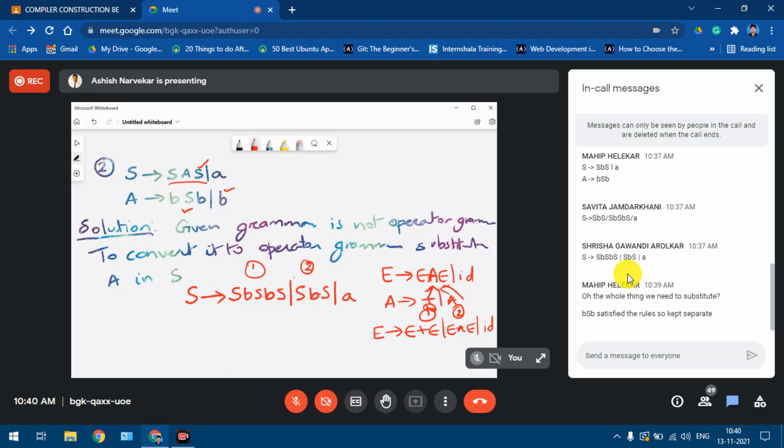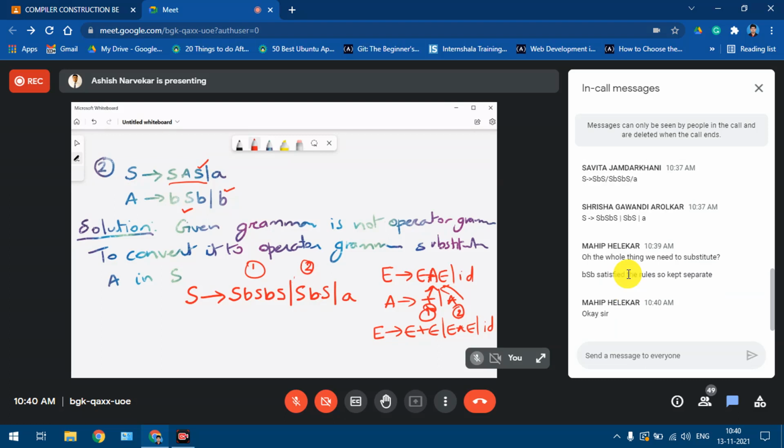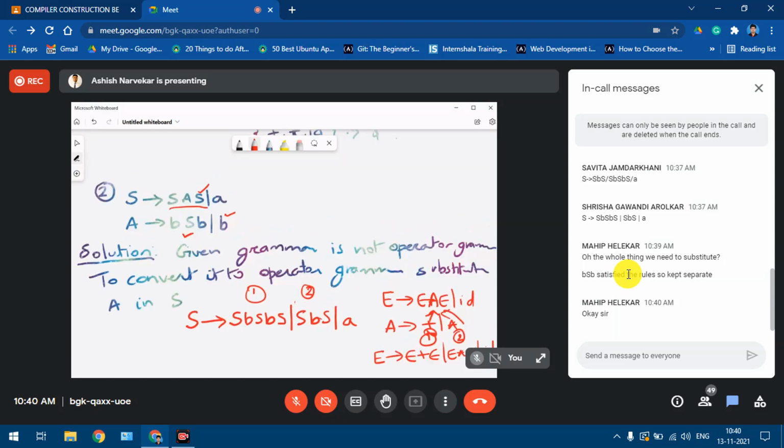No, we have to apply both, meaning whichever RHS are available when we're substituting, we have to substitute the whole thing. Now this particular production is an operator grammar.